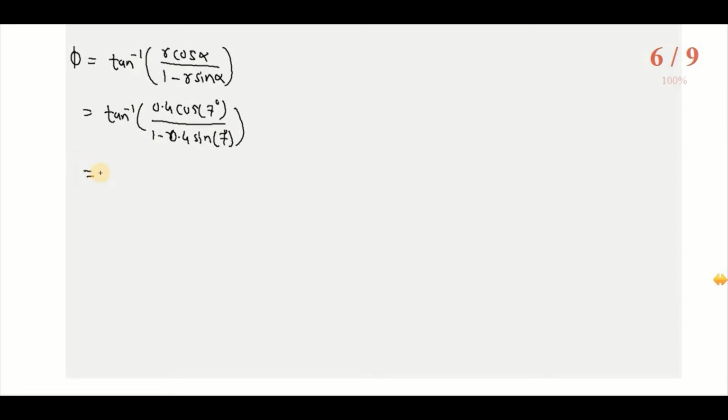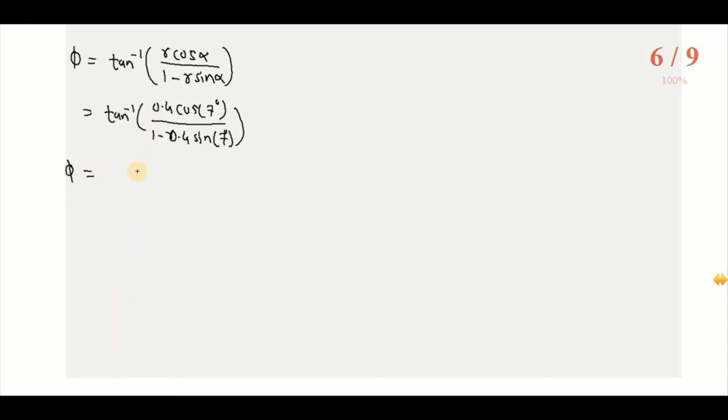So put this value in a GATE virtual calculator. Always try to use the GATE virtual calculator for practice, because in the GATE exam the GATE virtual calculator will be given. Our regular calculator will not be allowed. So try to use the GATE virtual calculator so that it will be practice for you and you can solve the numericals in a faster manner.